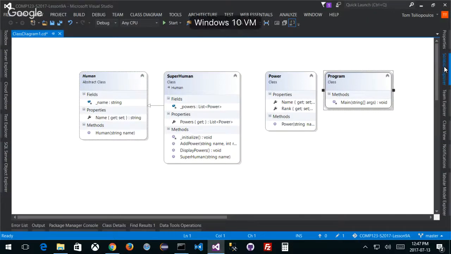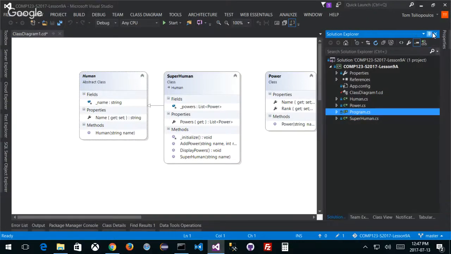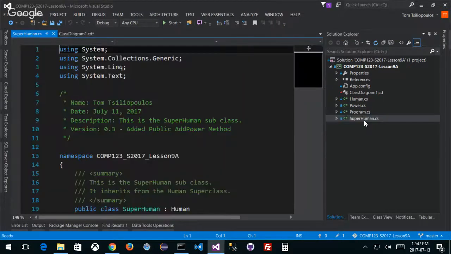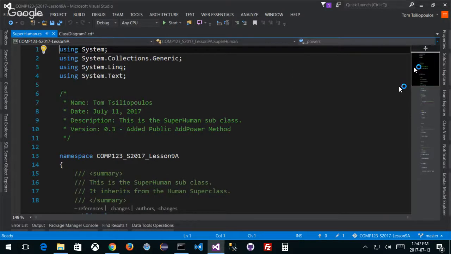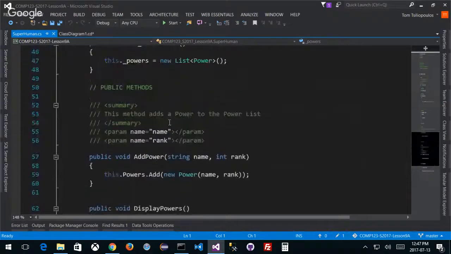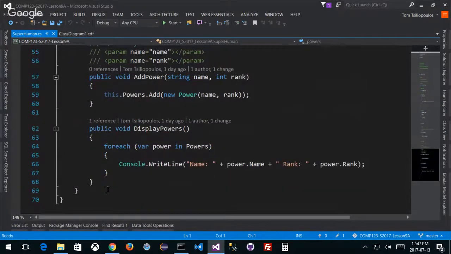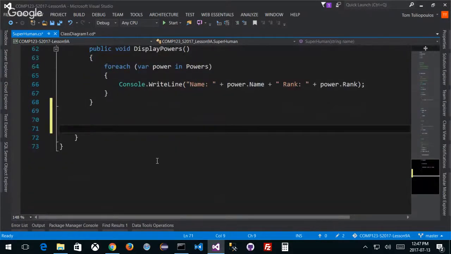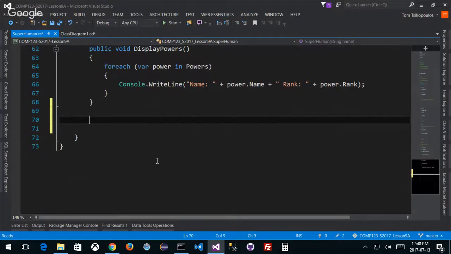In my Solution Explorer. Now, if you're with me, you're going to be around the same level as me, right? So I'm going to go to my superhuman class. Here's my superhuman class, right? And down in the bottom, I'm going to have an area where I have my public methods. It's going to be public, by the way, right? Because I'm overriding a method that exists. And I'm going to go down in here and basically define this method like normal, right? So it's got to be public,